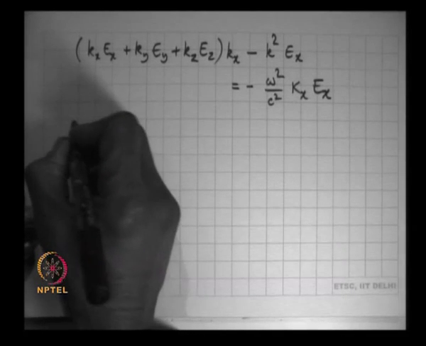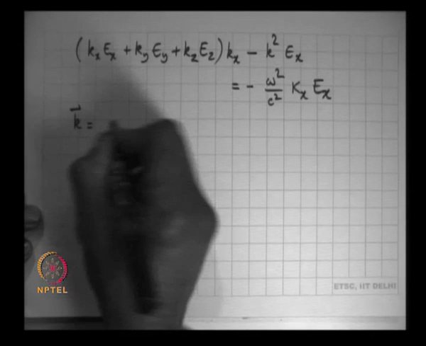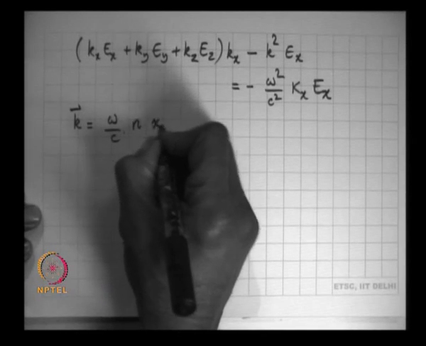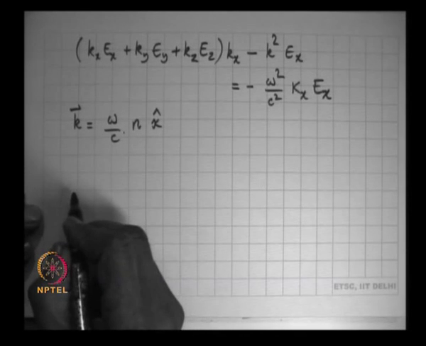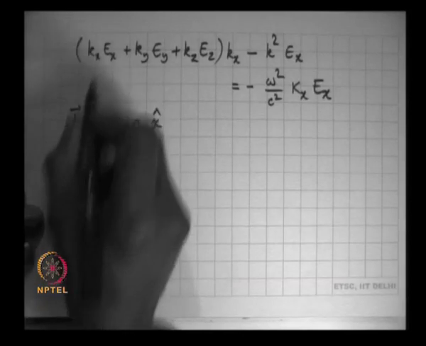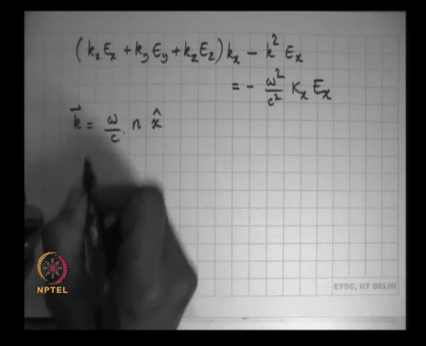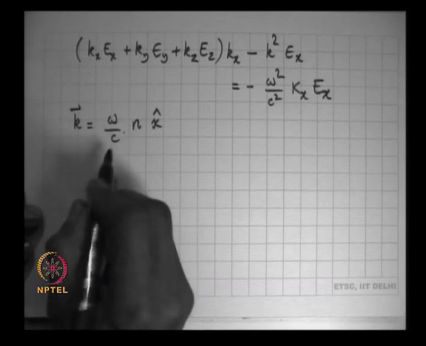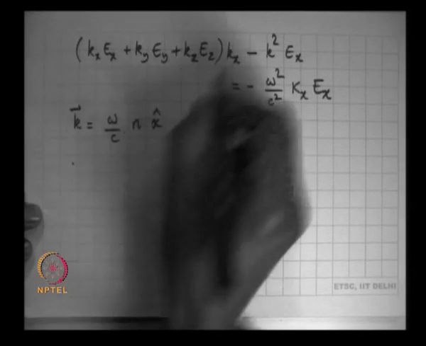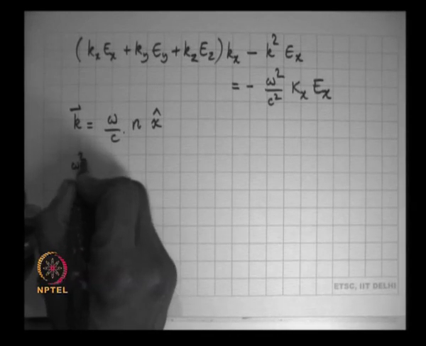Now, this k vector is omega by c times n times kappa cap. Kappa cap is a unit vector. So, let me substitute for the kx, ky, kz. What I will get here is omega by c times n is common in kx, ky and kz. So, I will get omega square by c square